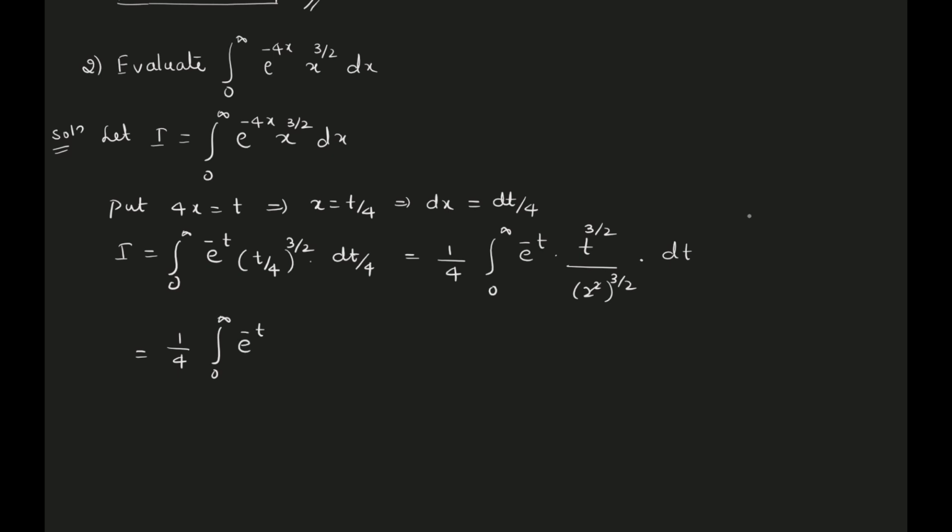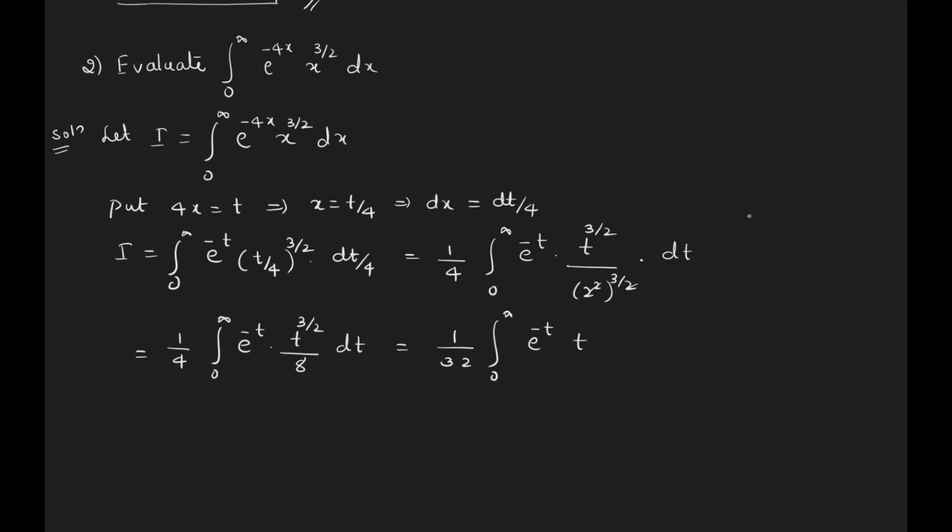The 2 gets cancelled, 2 cubed, it's 1 by 8. t raised to 3 by 2 divided by 8 into dt. That is 1 by 32 integral from 0 to infinity of e raised to minus t, t to the power